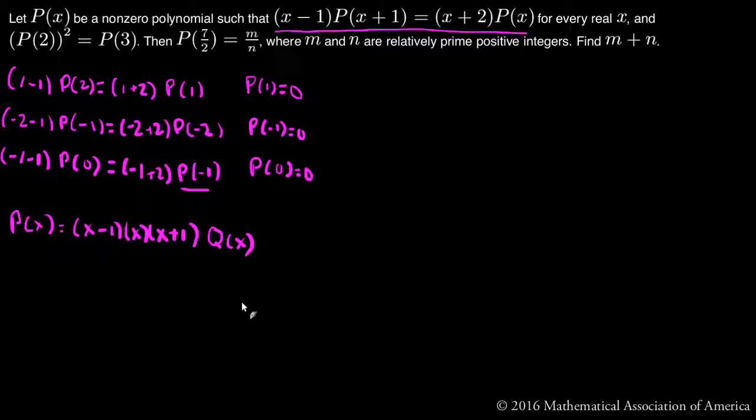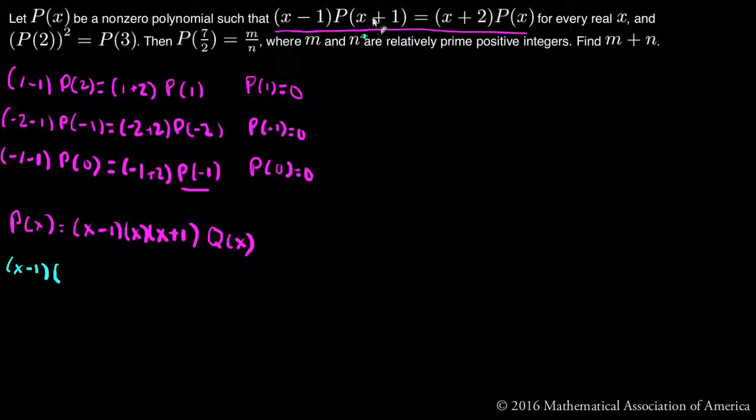Okay, now if I can figure out what q of x is, then I'll have the polynomial, and I can put in 7 halves and get myself an answer. So let's move on to that. The first thing, I don't know if q of x is a constant or q of x is a varying polynomial. So I'm going to go ahead and just use this formula again, replacing this p with this term here. So I have an x minus 1,